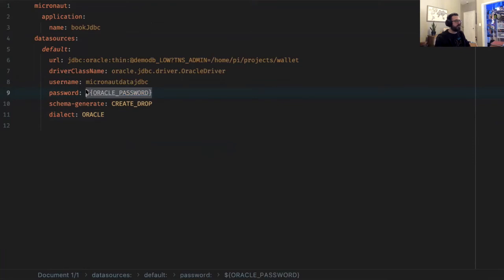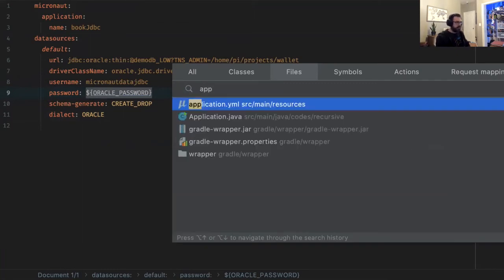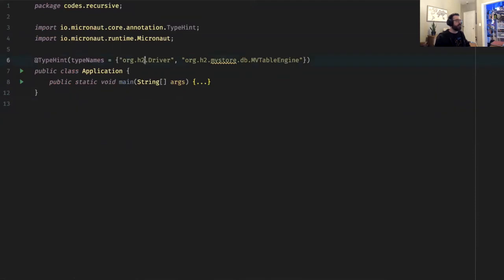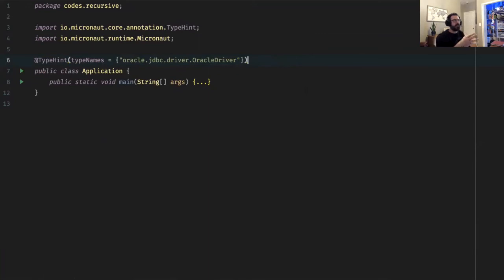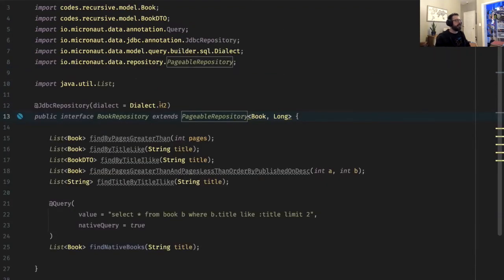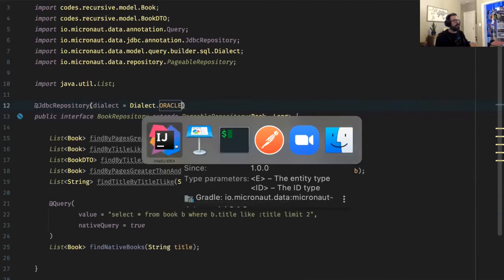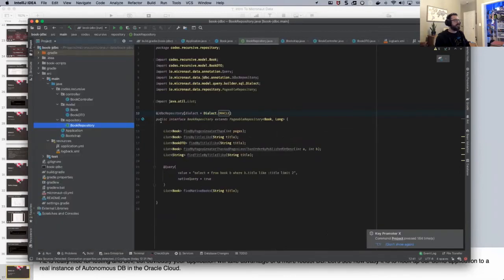I have an Oracle password environment variable set that will be picked up at runtime. And the final thing, well, two more things we need to do. The first of which is to come over here and swap out the type hint. So again, instead of telling it to use the H2 driver, we're going to use the Oracle driver. And finally, come back to our repository and tell it to use the Oracle dialect instead. So if I save that and we give it just a few seconds to restart the application, as soon as it's done restarting,